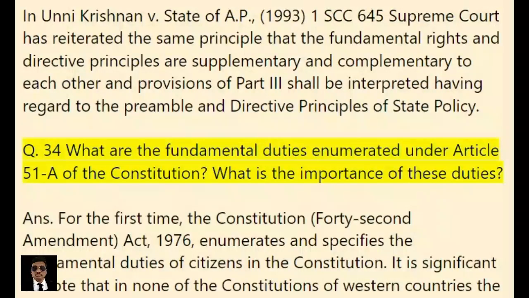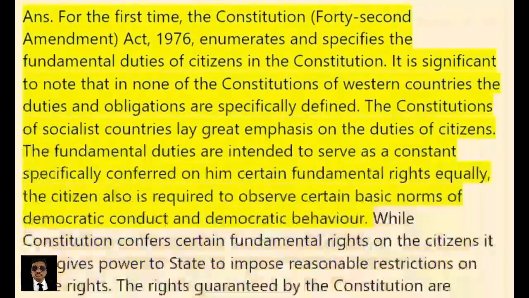What are the fundamental duties enumerated under Article 51 of the Constitution? What is the importance of these duties? Ans. For the first time, the Constitution (42nd Amendment) Act, 1976, enumerates and specifies the fundamental duties of citizens in